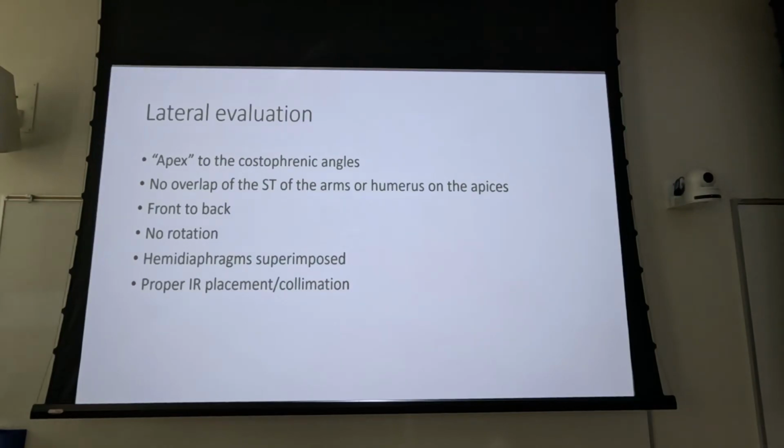So lateral evaluation, again, we want to go from the apex to the costophrenic angles. We want no overlap of the soft tissue. We want to see front and back, no rotation. We want to see those diaphragms superimposed. If they're not superimposed, you need to go back and look at your PA and see if there's a reason